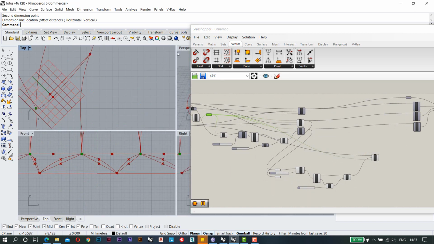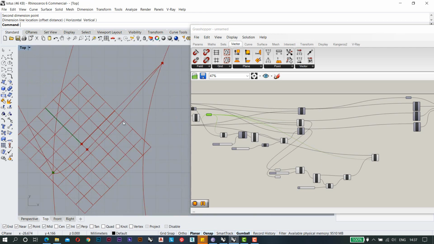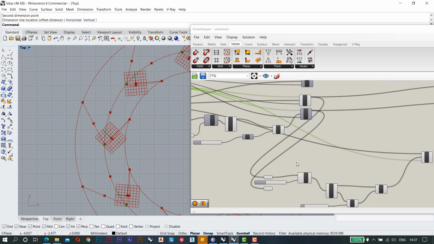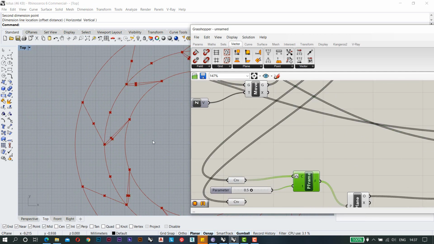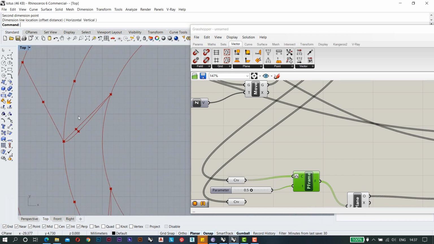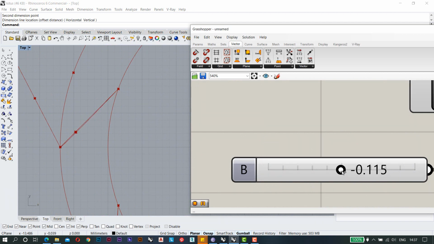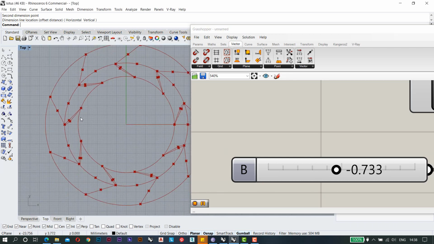Now you can see that we have an arc. If I see it in the plan, I will just turn the other one off, and turn the frames off first. Before that we had the curve which is straight, but now we have the curve which is going like this, and you can change the value, so you can make it like this also, and like this also. That will make the difference. Right now I'm just changing the value by a bit, so the difference is very small, but still it makes a difference there.